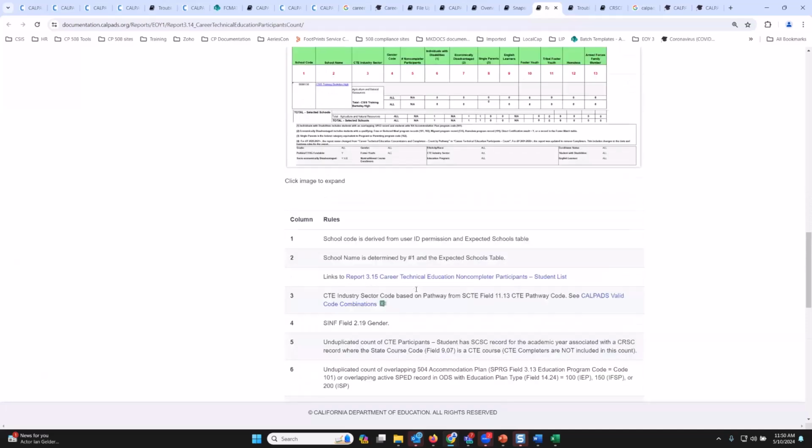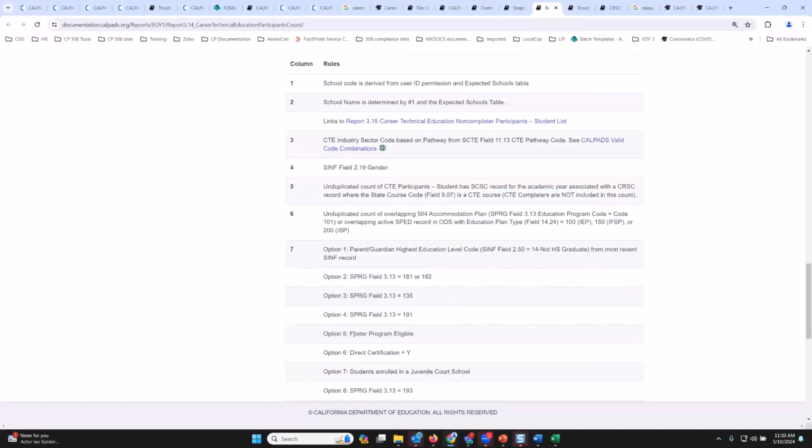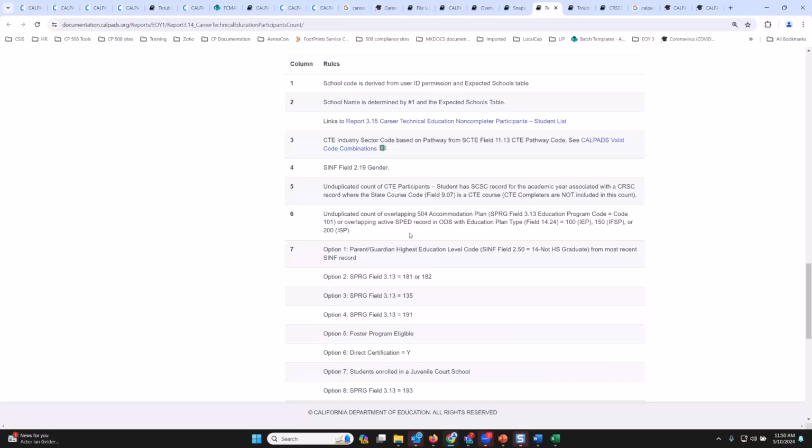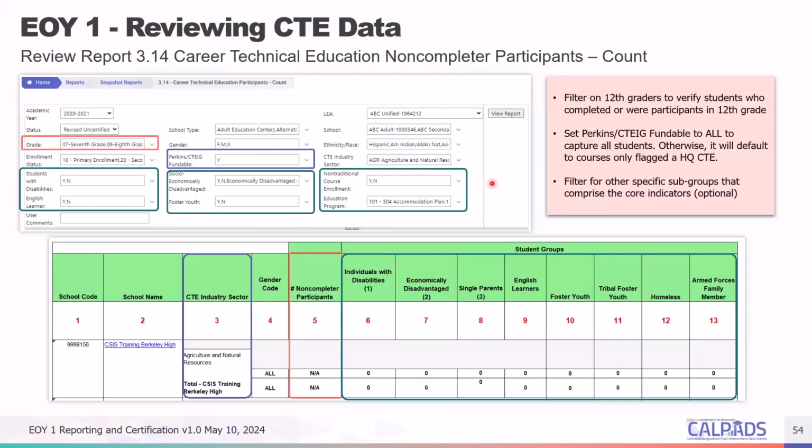And then you have all of the different columns and the source of the counts from those columns. Okay. So see here you have your foster youth, you have armed forces, you have 162, which is the pregnant and parenting program. And then you have here the counts for those students in plans, okay, for the special ed column. All right, so that's 3.14, that's the count.